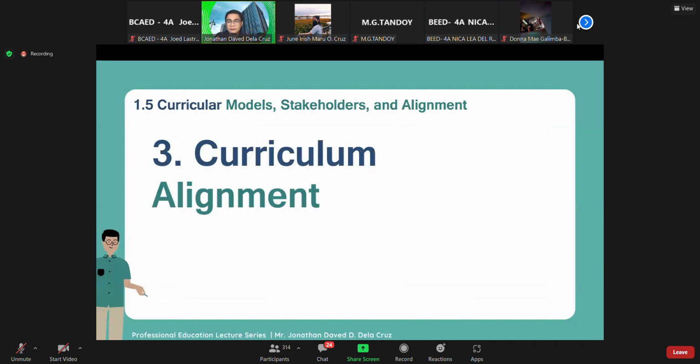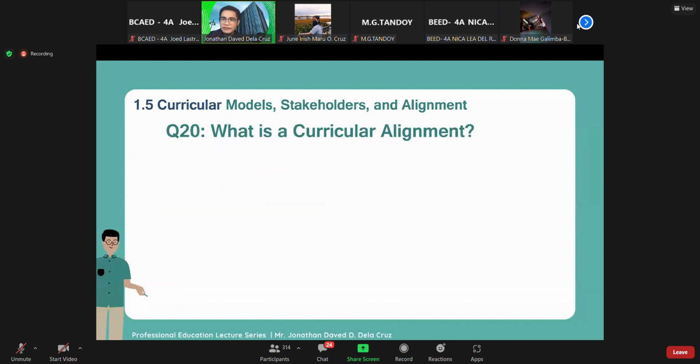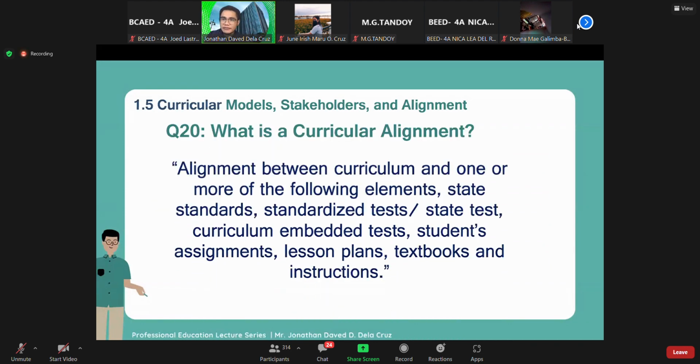Okay. So next is curriculum alignment. Curriculum alignment. Sige, what is curriculum alignment? So alignment between curriculum and